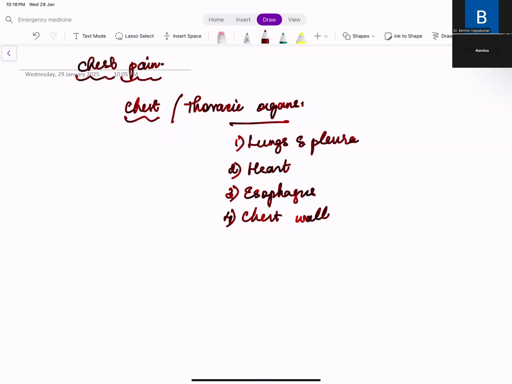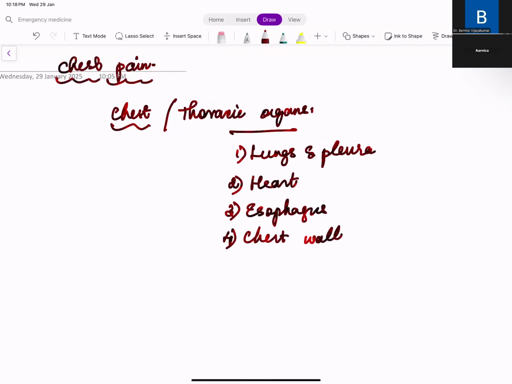Okay, so in continuation to our previous emergency medicine series, last week we discussed breathing difficulty. So now we'll continue with chest pain. So the basics of chest pain is